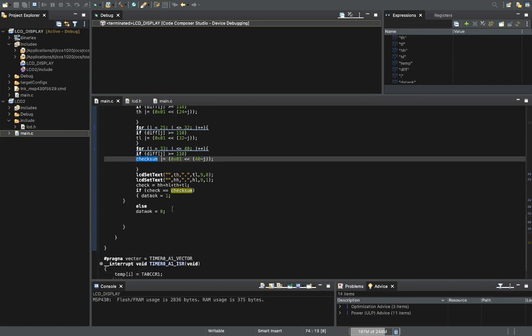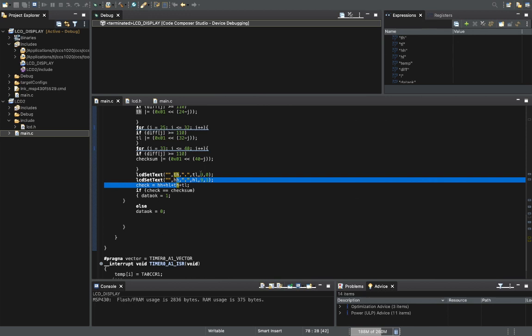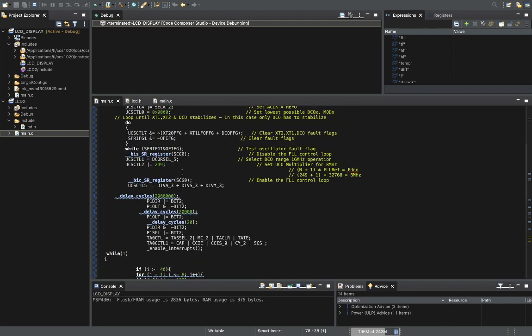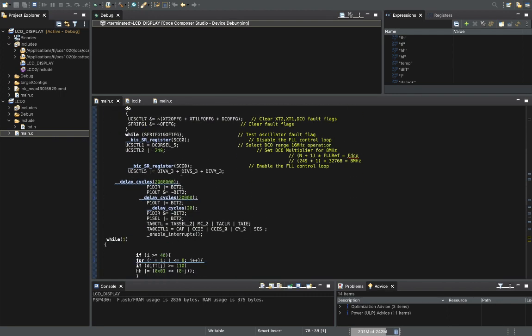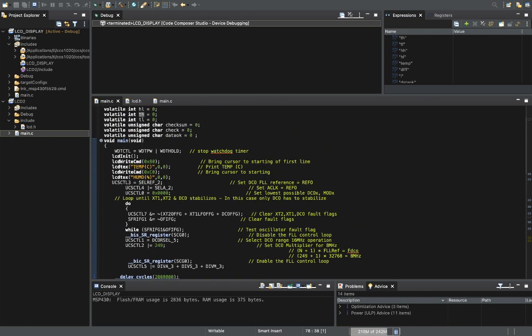Here we will print the values of TH and HH. We select 9 here. Why do we write 9? Because we left some space. See here, I will show you. Here we were printing, see how many characters we are using: 1 2 3 4 5 6 7 characters are already used.